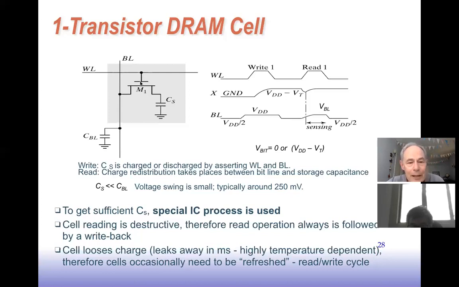And what will happen then is this will charge share between the bit line capacitance and the capacitor that's inside the DRAM cell. So if the capacitor is discharged, holding a 0, some of the charge from the bit line will come through, and they tend to equalize